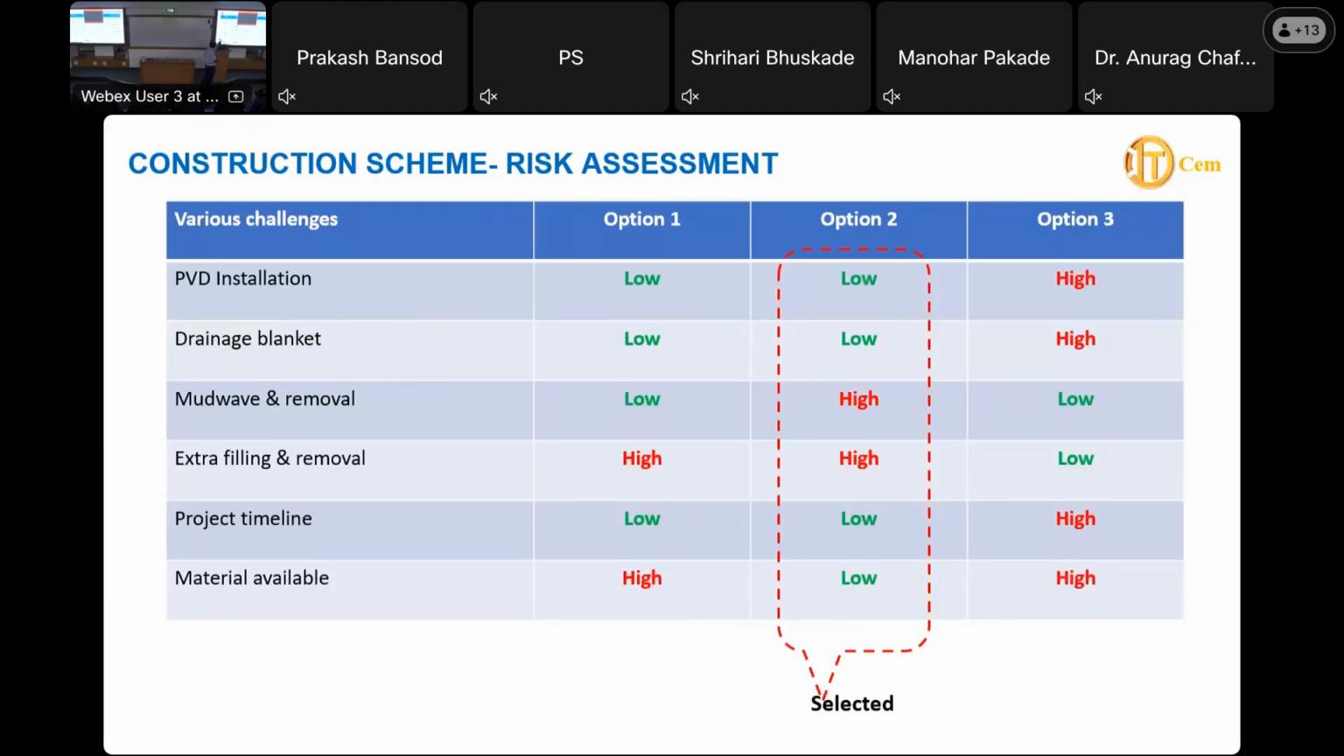But option 3 is not very common, because doing marine PVD is difficult, especially in this intertidal zone, because you will get water for only 6 hours, and then after 6 hours,